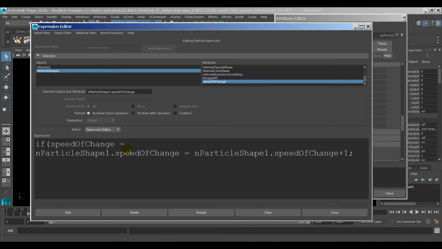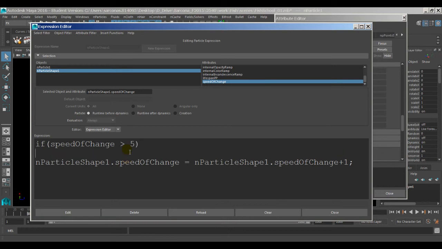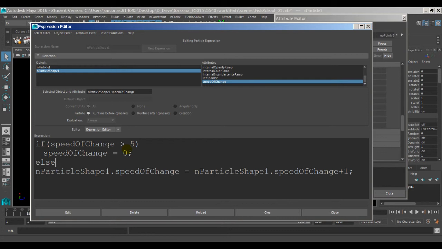If I just did 1, that means set it to be equal. If I do a plus sign, then that's just wrong. So if the speed of change is equal to 5, actually let's do greater. If it's greater than 5, then speed of change equals 0. Okay, else